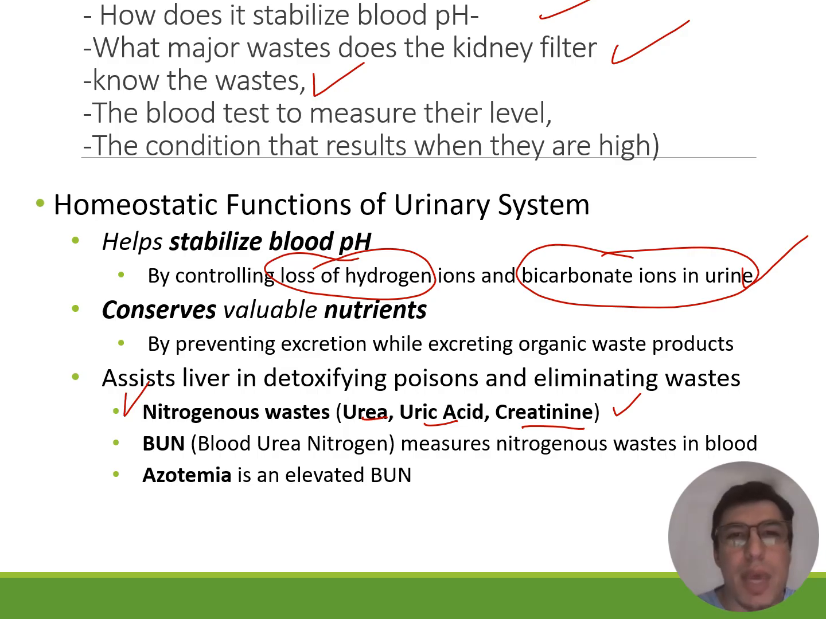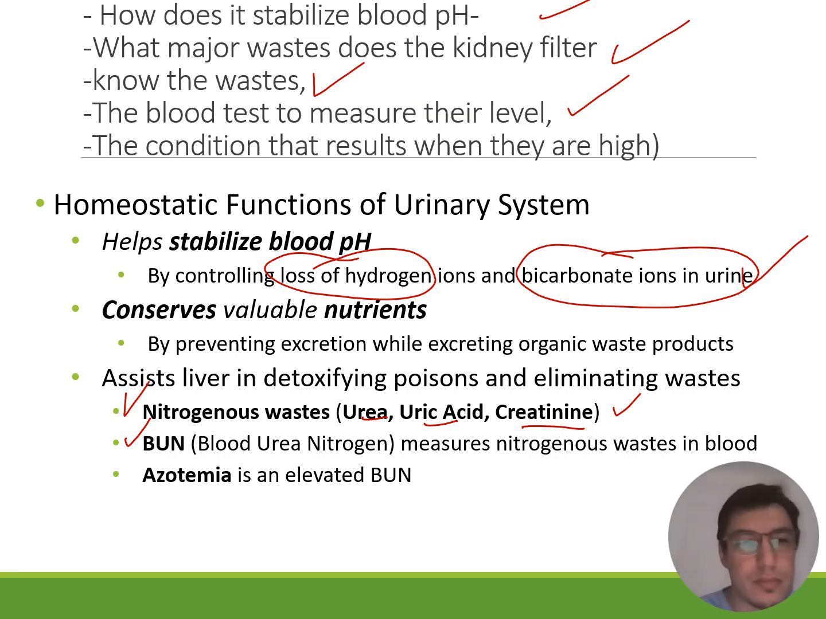How do we measure the level of those nitrogenous wastes in your body? Well, we have a blood test called the BUN, which measures blood urea nitrogen, and it measures the amount of nitrogenous waste in your body. If the level rises in your system, that is problematic because it means that your kidneys are not filtering blood the way they're supposed to,